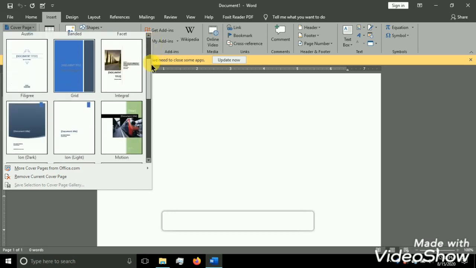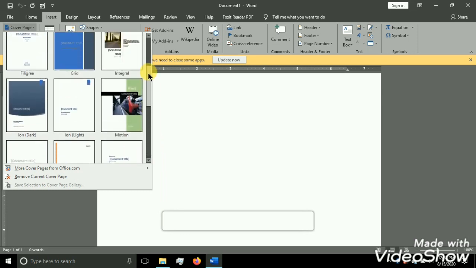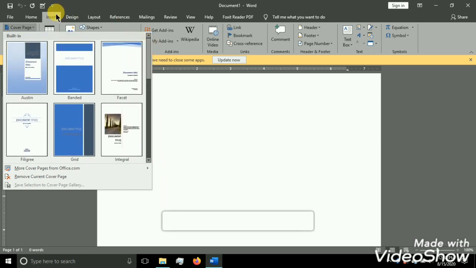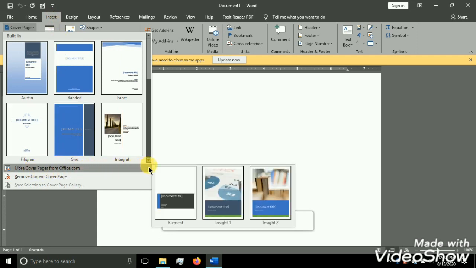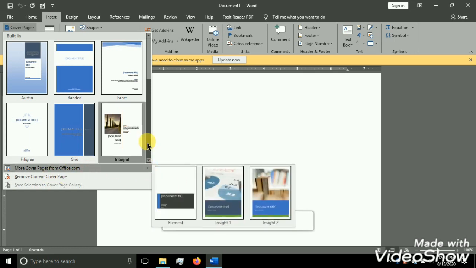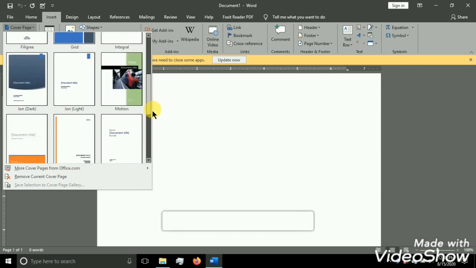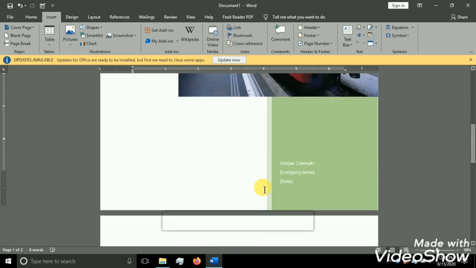The difference with this cover page tool is that whenever we use it, it appears only at the top, as the first page of the document. And one more thing is that the layout of this cover page is very different from the other pages.